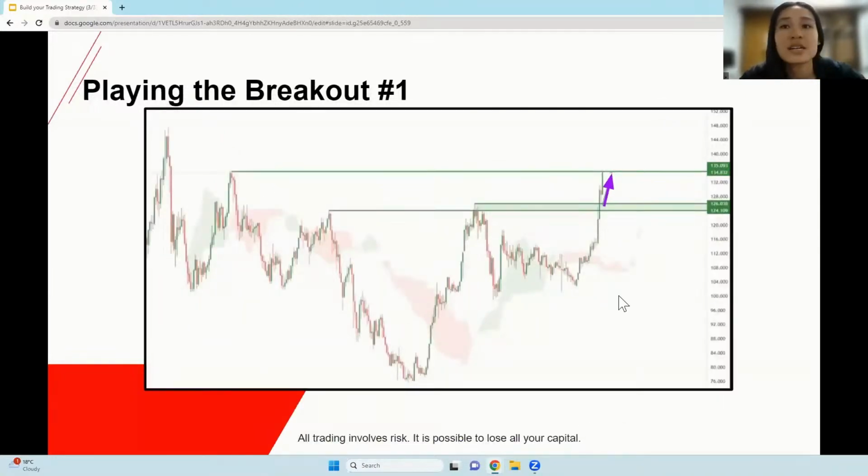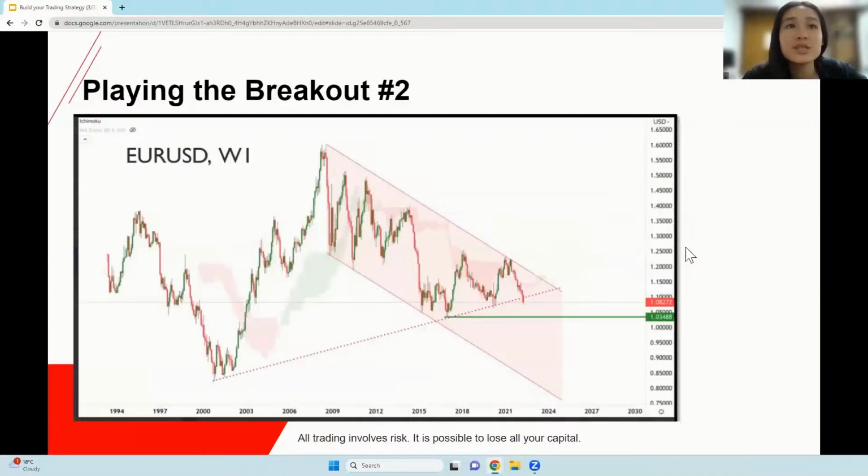Okay, you can see that's exactly what happened here. So we moved above the 61.8% Fibonacci projection and rose next to the next swing high resistance. Next, we have, in this case, a descending trend channel. So when we say breakout, you see it's still moving within the descending trend channel. So that's playing the continuation.